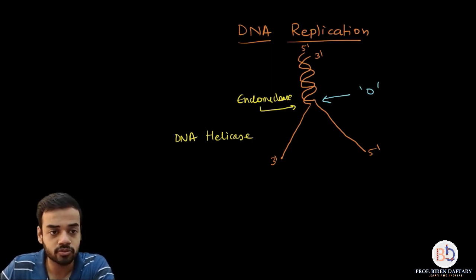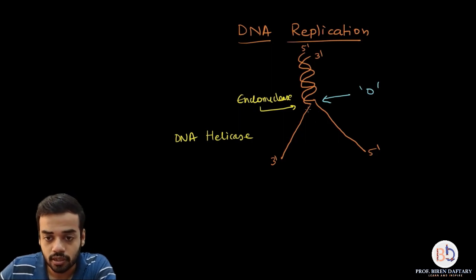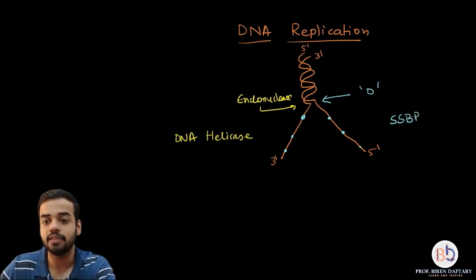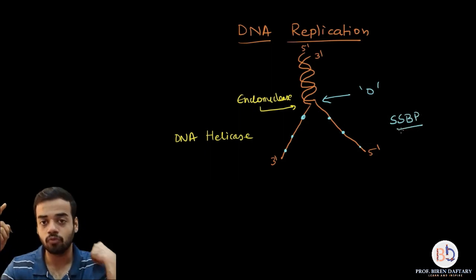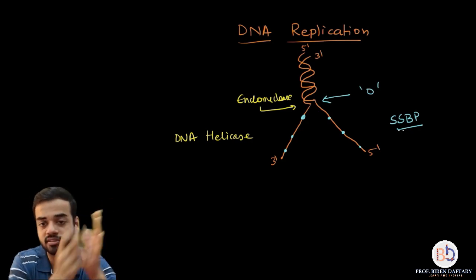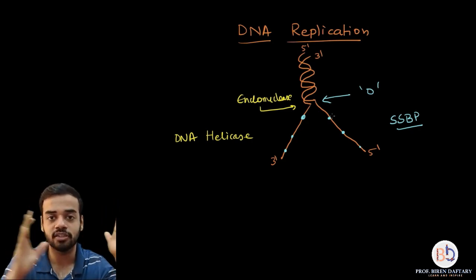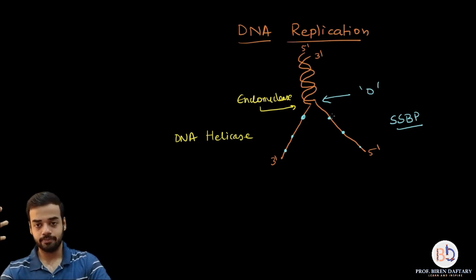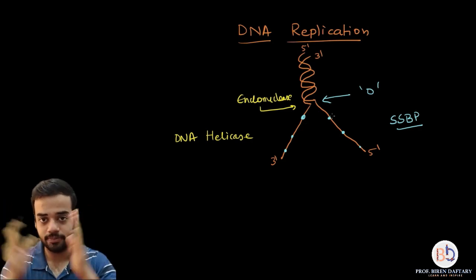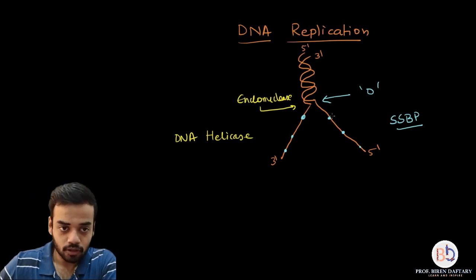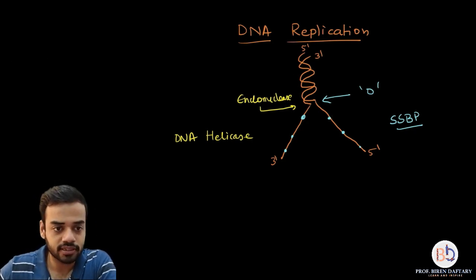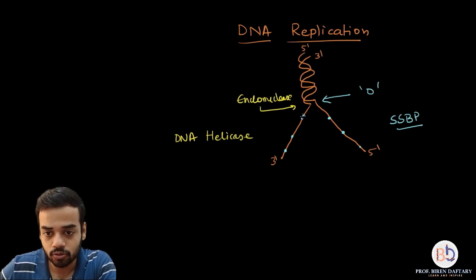So I'm just going to use this blue color over here, and I'm going to show these proteins on the two strands. And what are these proteins called? They are called SSBP, single strand binding proteins. They bind to the complementary bases so that these two strands do not stick with each other, correct? Next step, what happens after the SSBP are there? Next step, so I'm going to rub this off. It is understood that the SSBP are present over there. I'm just going to rub them off so that they don't distract you unnecessarily.